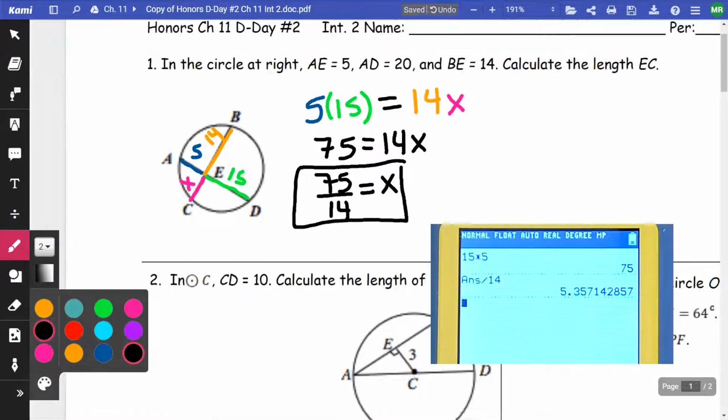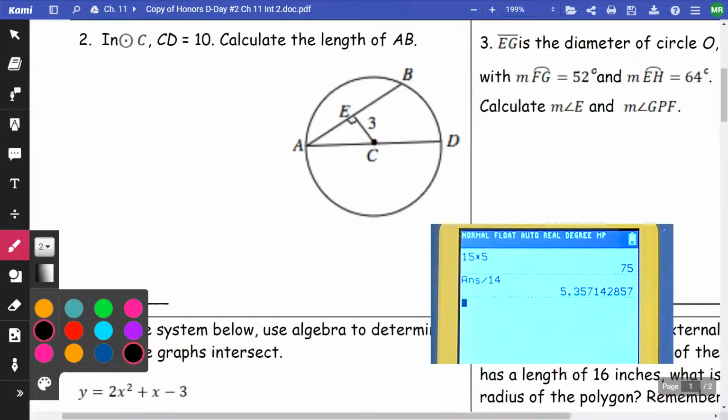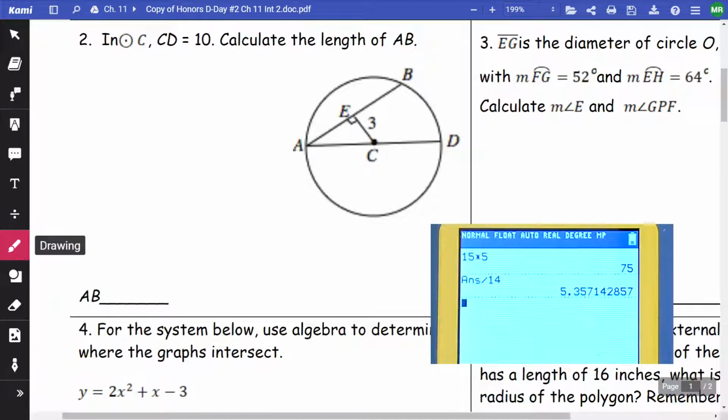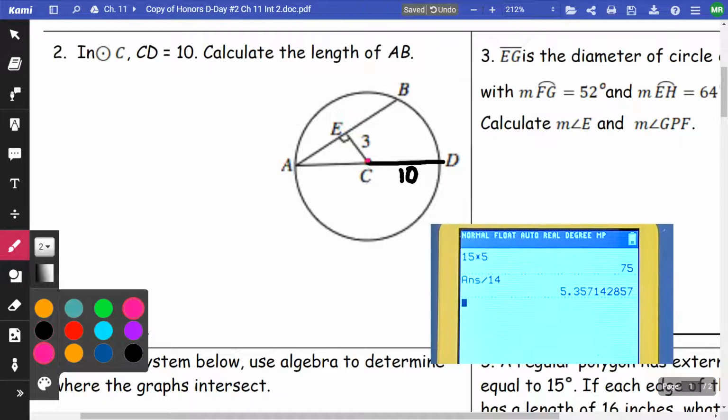On number 2, on this one, we're trying to find the length of CD. Or we know the length of CD, sorry. The length of CD is 10. Now, if that is 10, since that is the radius, this also has to be 10. We know that that is 3. I'm just going to color over it. And we want to find the length